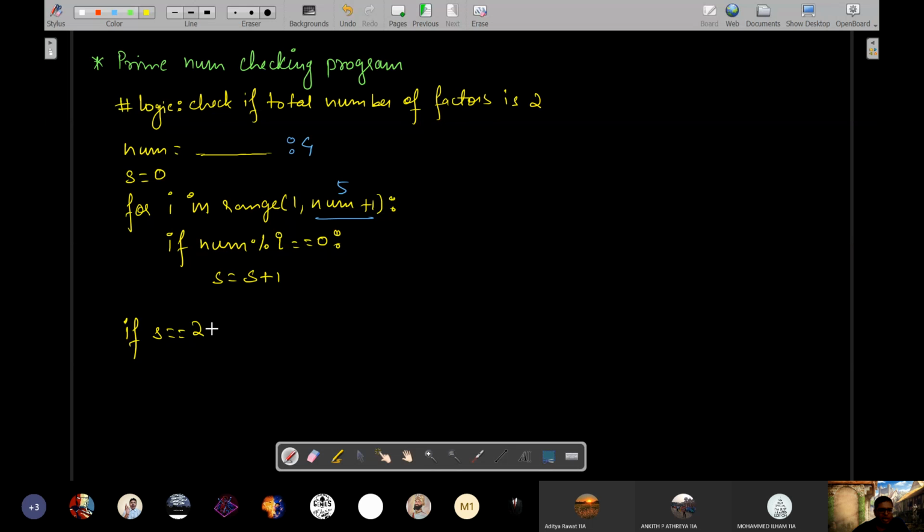So this line will only be executed once the final value of S has been found. Then that means all the numbers have been checked from 1 to 4 whether they are factors or not. So when the program reaches this line, S will be containing the total number of factors. And if that total number of factors happens to be 2, then what will you print?